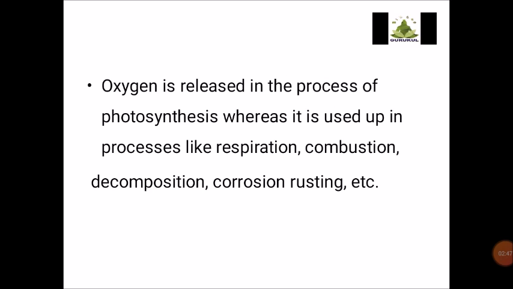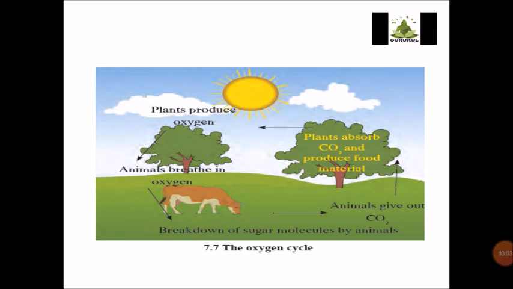Now, oxygen which is released in the process of photosynthesis is used up in processes like respiration, combustion, decomposition, corrosion, rusting, etc. Now see children, this diagram, if you look towards it very clearly, okay, you will come